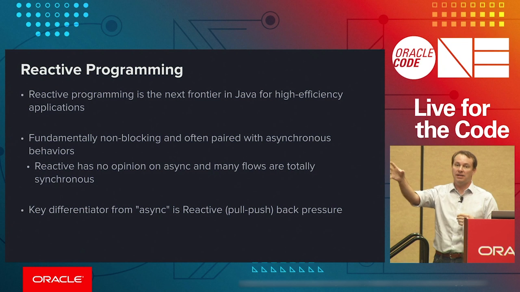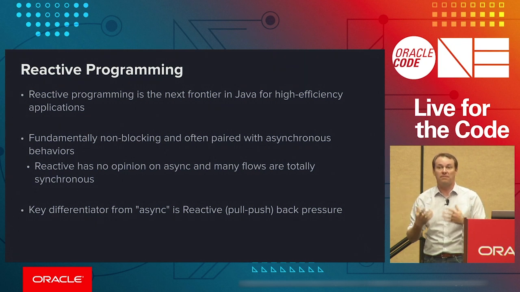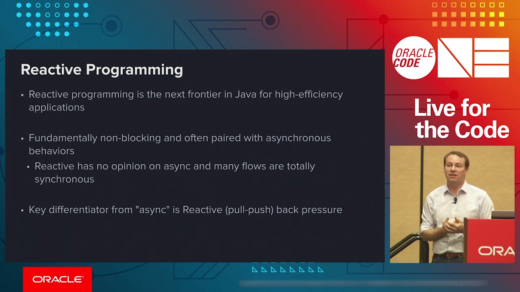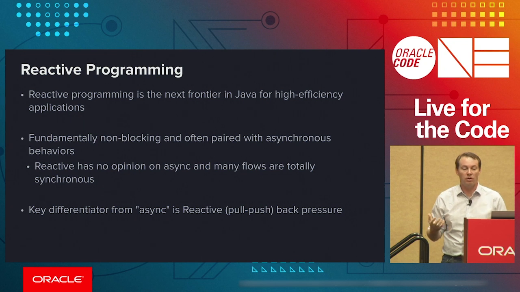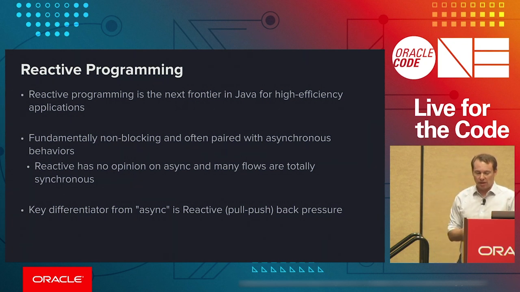Says, hey, I need 8 things, or I need 16 things. And then that server has the ability to send 1, 2, 8, 16, as many as it needs to. But once it has sent everything that it has, it will no longer be able to send any more data until the client is ready for some more.